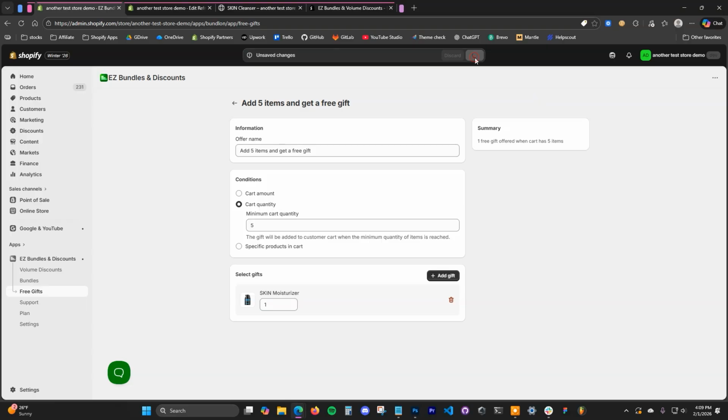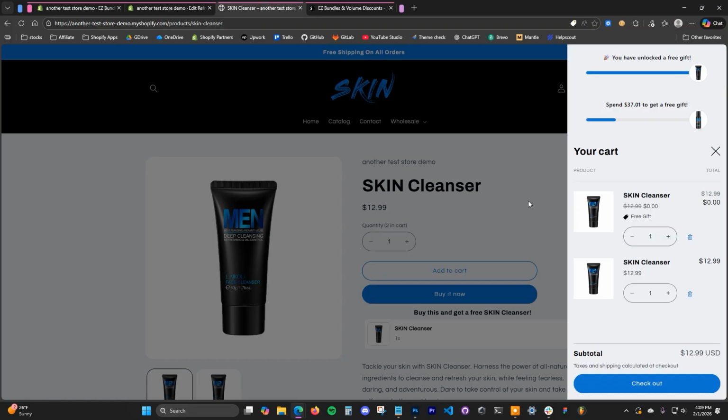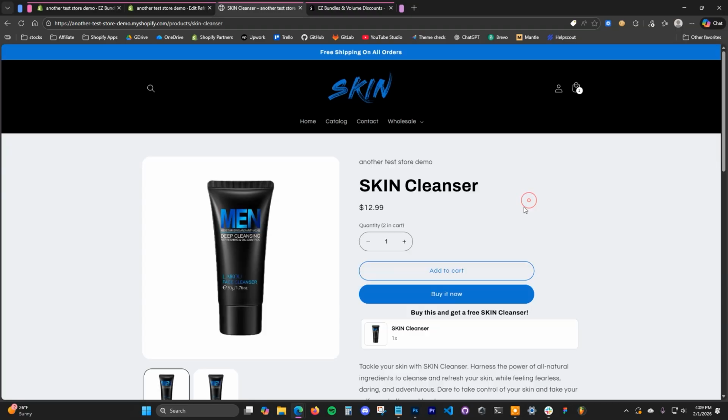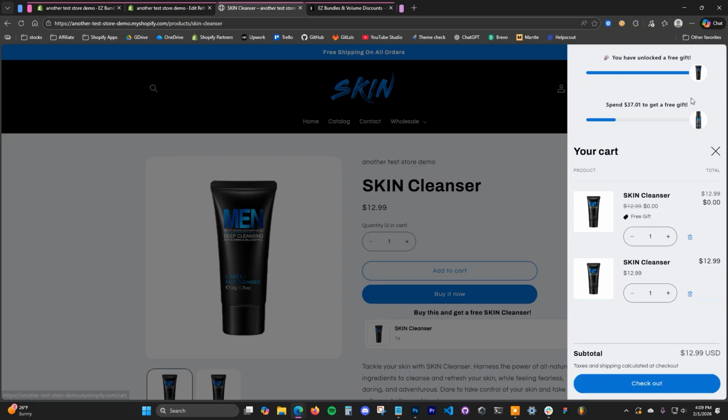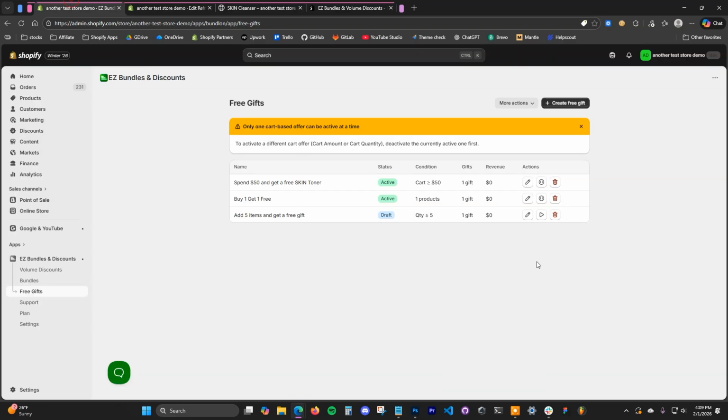And if I were to click save, we'll see that it is going to let us know that only one cart based offer can be active at a time. So if I were to jump back over to the store and then click on refresh, we can see that the first offer, the $50 free gift offer, is still active here. But if I were to jump over here and